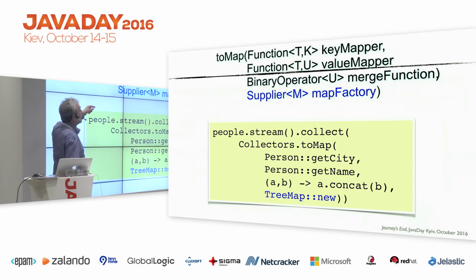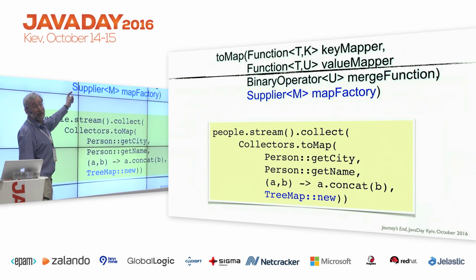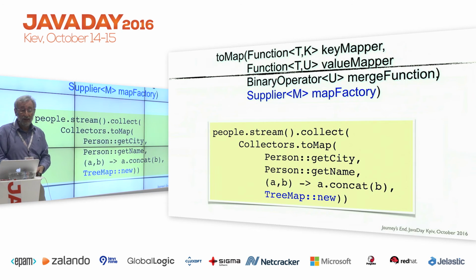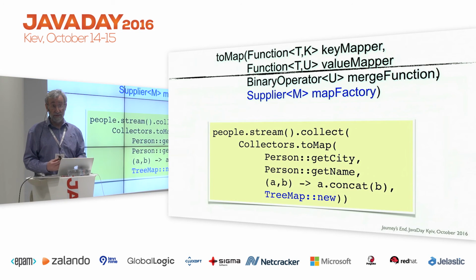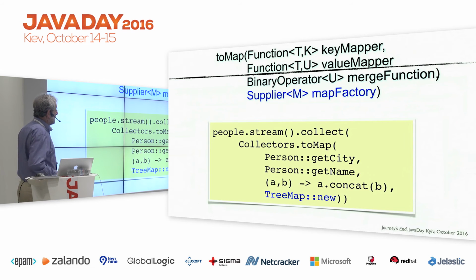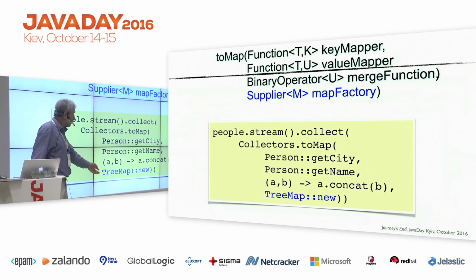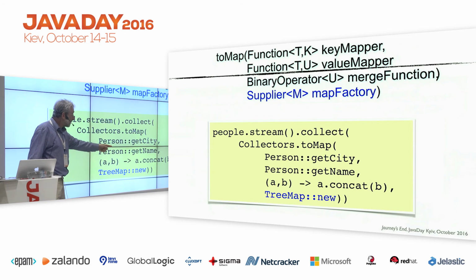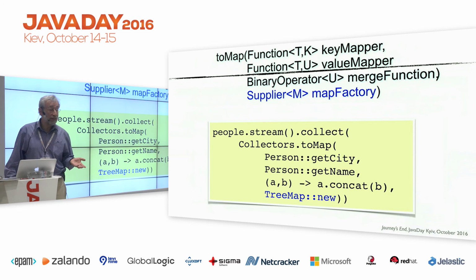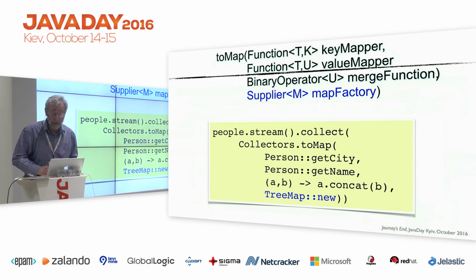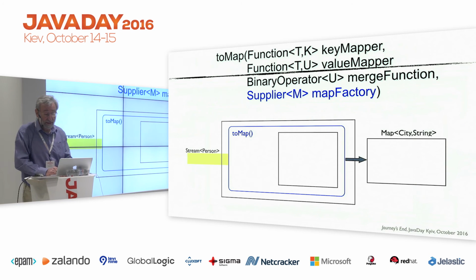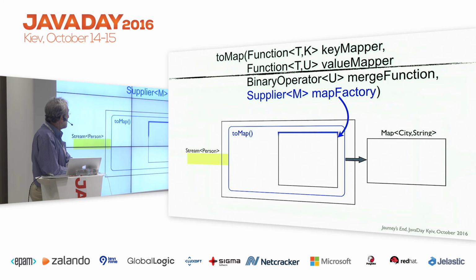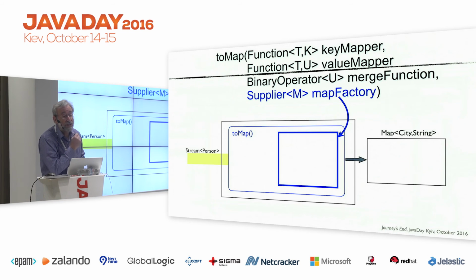They just allow you to provide a factory for the supplier. So, for example, supposing you wanted to accumulate the elements from your stream to a tree map, then this might be what you chose to do. If you get two values with the same key, you're going to concatenate them. And by the way, we don't want to put this into an ordinary map. We want to put it into a sorted map, a navigable map, I should say, a tree map. And so, is there an animation to go with this? Yeah, that's right. So that's the map factory, which is the starting point for the